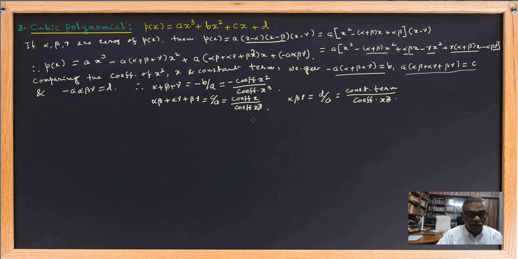And now I can say in general, if the polynomial is of degree n of the form p(x) is equal to the standard form a_n x raised to n plus a_(n minus 1) x raised to n minus 1 plus etc. plus a_1 x plus a_0, and if by the fundamental theorem of algebra, alpha 1, alpha 2, etc., alpha